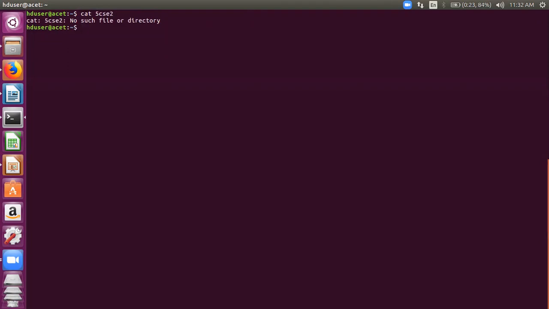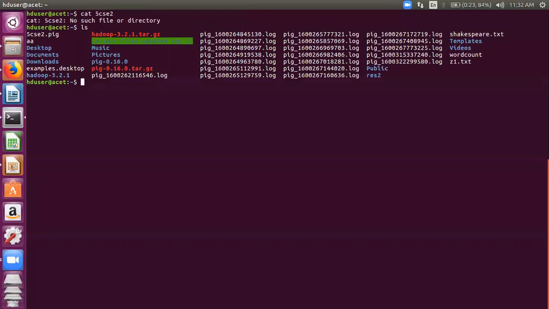Can you see? We just made it. Where has it gone? ये तो बनाई थी हमने. Okay, it is 5csc2.pig. Sorry. Yeah. So can you see this 5csc2.pig file contains both the commands that we want to run. So pass this file. Okay.